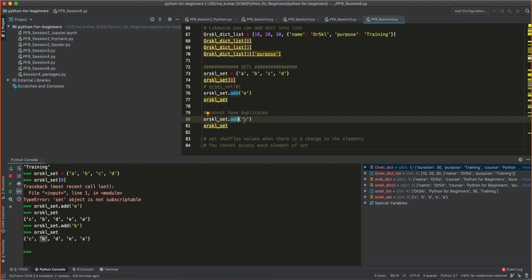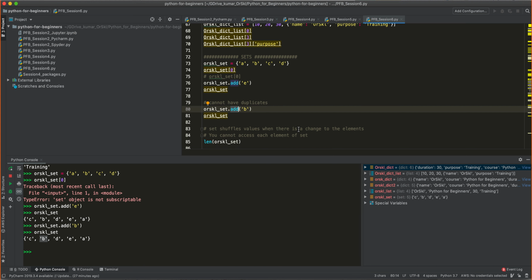And main difference, if someone asks you what is the difference between a set and a list, first difference is set doesn't have any indexes. You cannot read each element inside the set. That is the first difference. The second difference is set cannot have duplicate elements inside the variable, right? You can only have unique values inside the set, but in list you can have n number of duplicates.